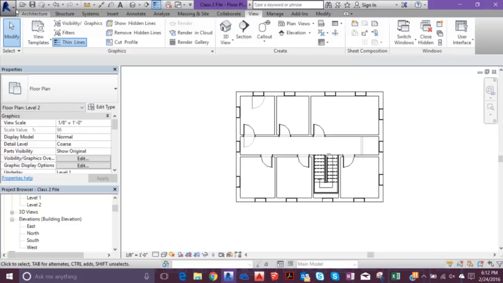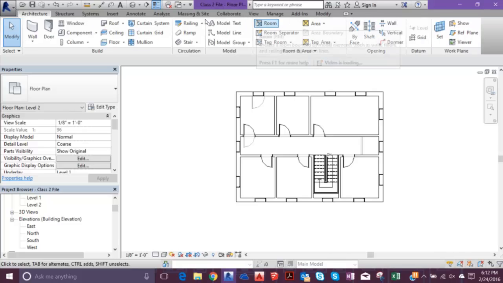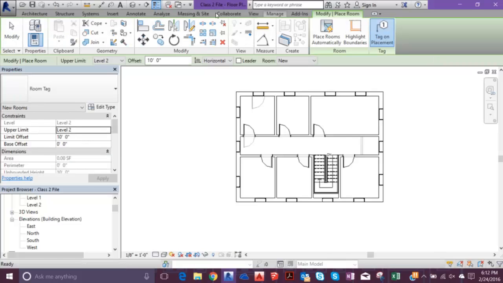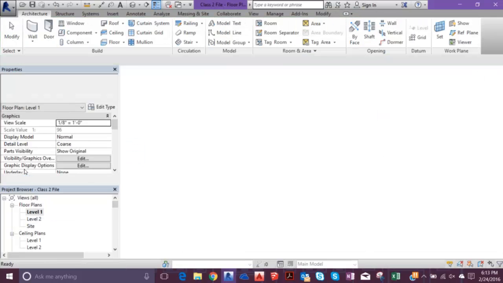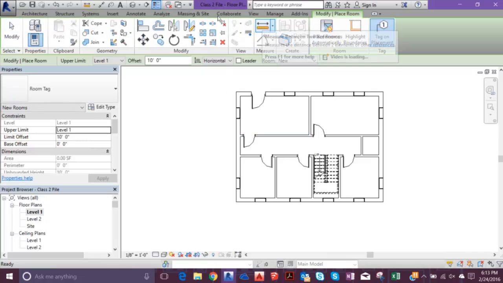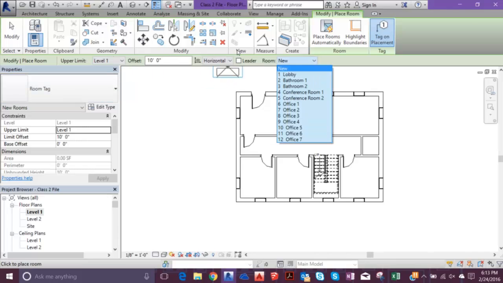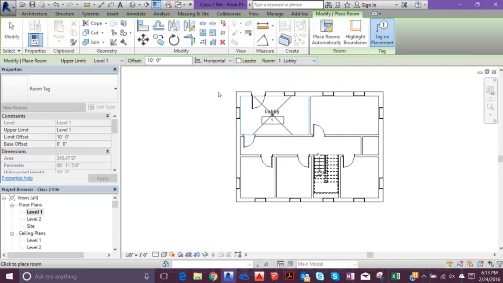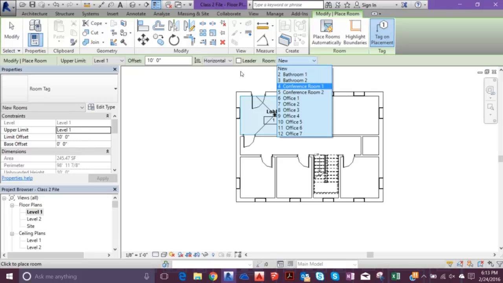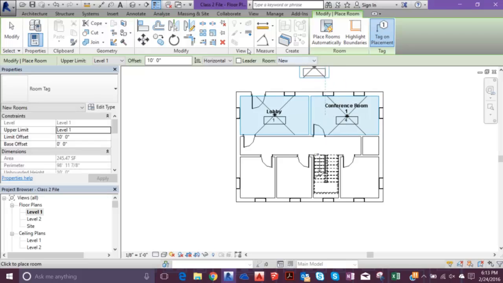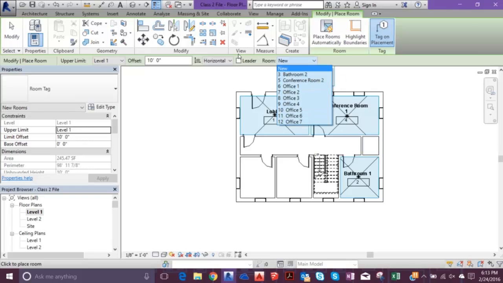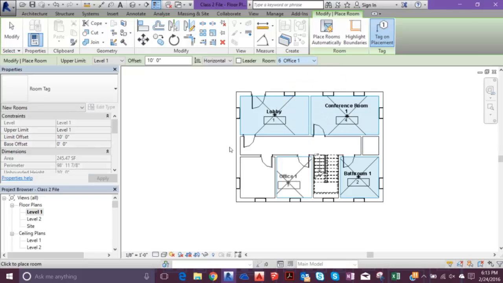Okay. So let's go back to Architecture, and we can hit room, and let's go back to level 1. I'm sorry about that. We can go to room, and we can choose the room right down here where we just made it in our schedules and quantities. So let's select lobby, place it in the lobby room. We can go to, let's say, conference room 1, place it here. Bathroom 1, place it here. Oh, I forgot the mechanical room. Office 1,